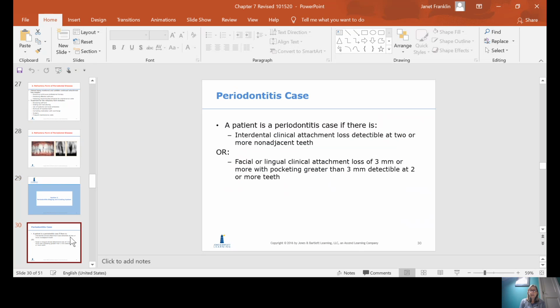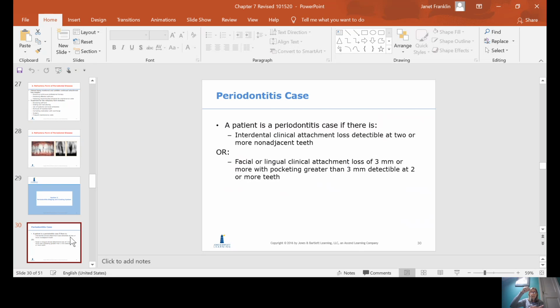A patient is a periodontitis case if they have interdental clinical attachment loss detectable at 2 or more non-adjacent teeth. So let's break that down. Interdental clinical attachment loss. So when we take our probe readings, we go